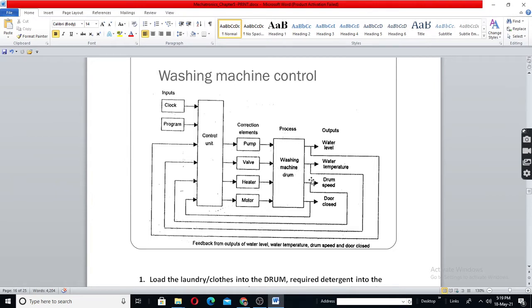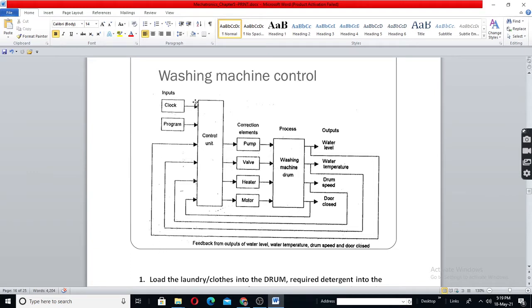Now in the drum there will be a water level sensor, a water temperature sensor, a drum speed sensor, and also a sensor for whether the door is opened or closed.